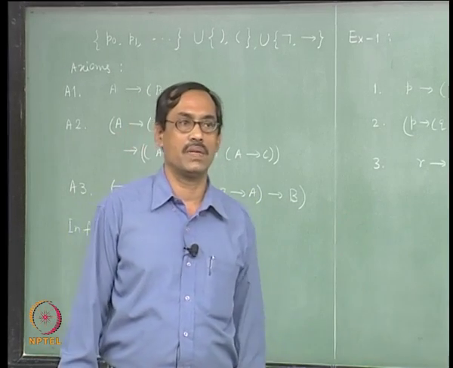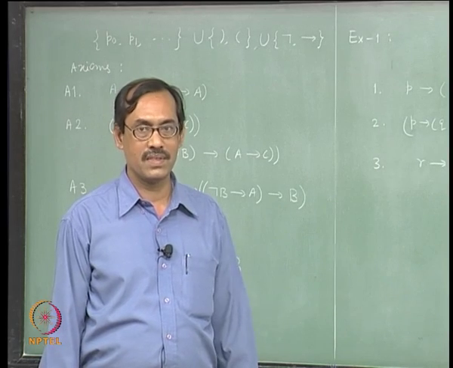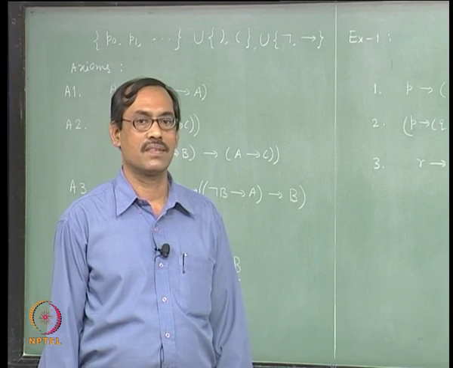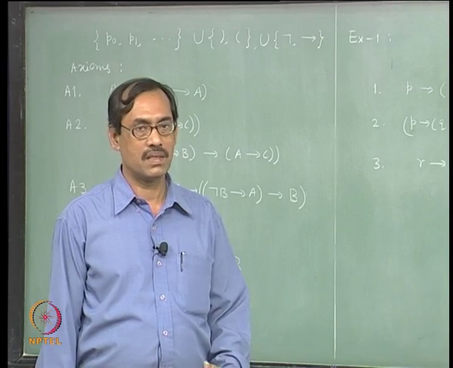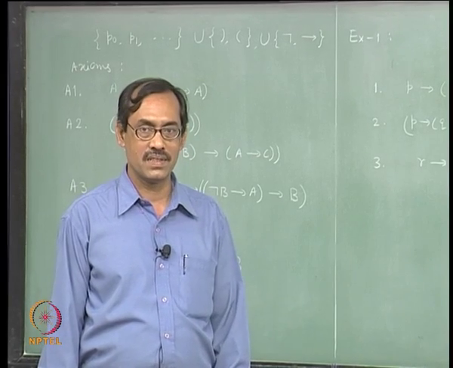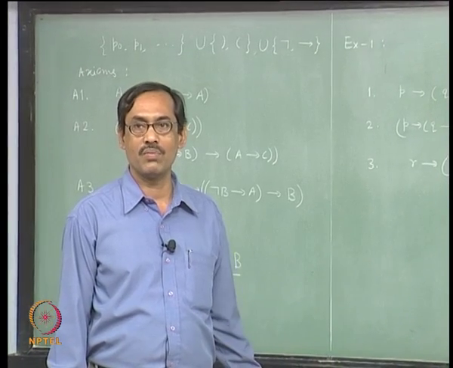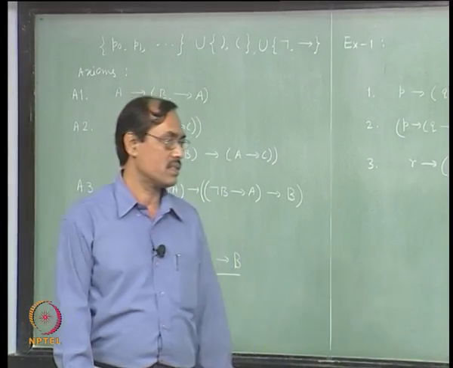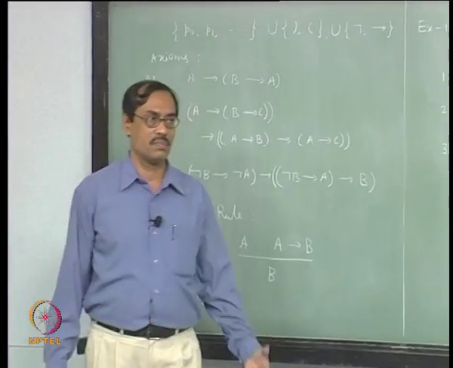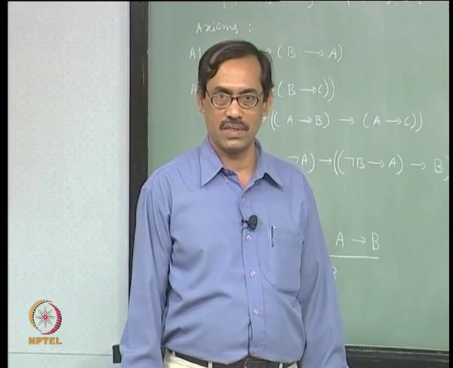Not only in this axiomatic system, in any axiomatic system this is the case, that a proof is only a finite sequence of propositions, where each of the propositions is either an axiom or is derived by using some rules of inference given there. Here we have only one rule of inference, MP, which uses two propositions A implies B, therefore we have to spell it out exactly. So a proof is a finite sequence of propositions